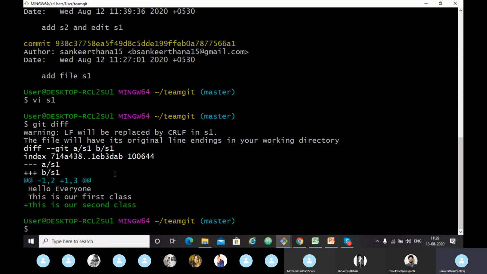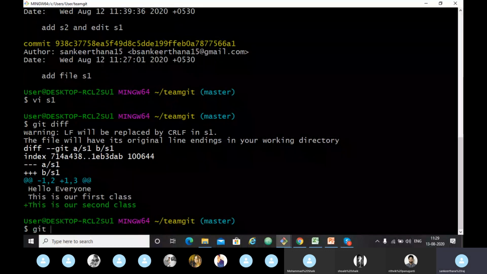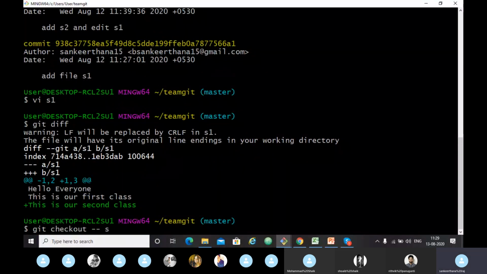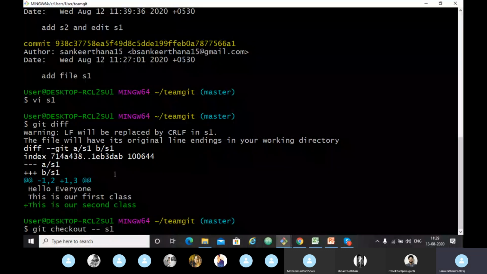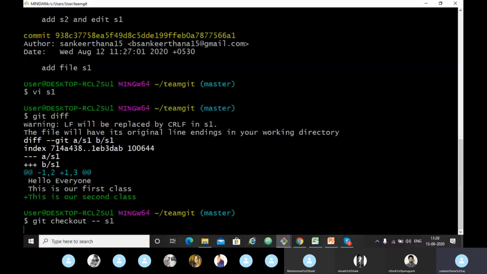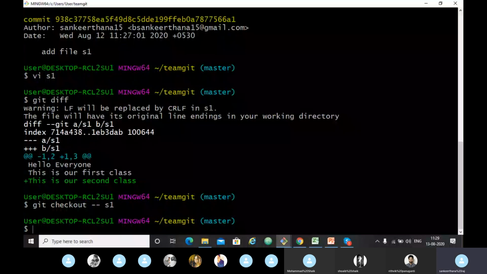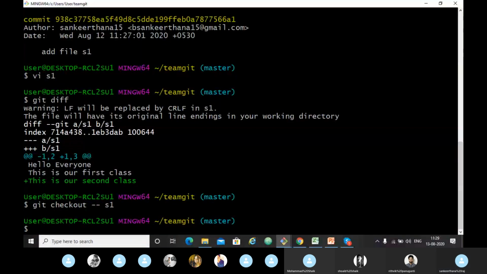So we can just undo the modification. We can just write git checkout, which means it will undo, it will replace it. Whatever was there before, it will just replace it. Okay, it is done. Now, if you want to see whether everything is replaced or not, just have to see git diff.